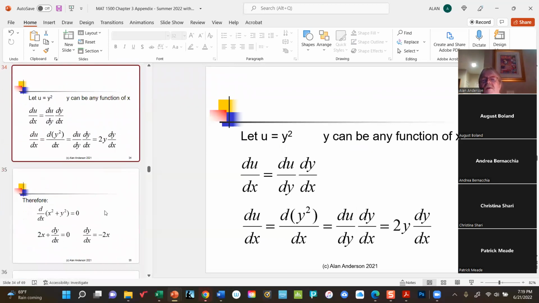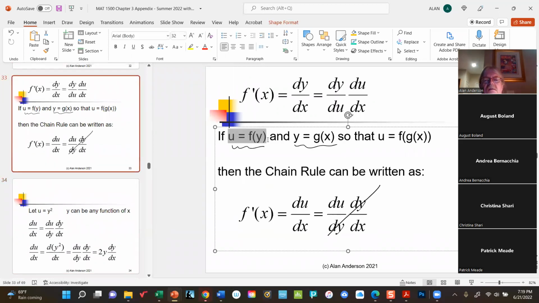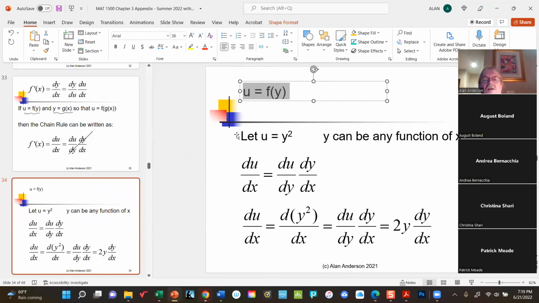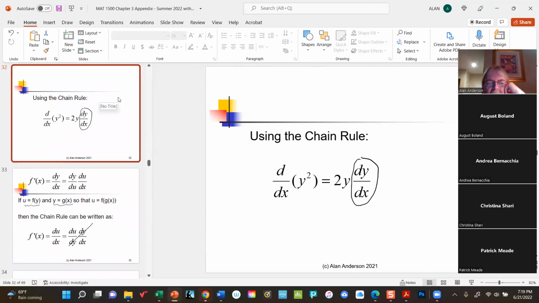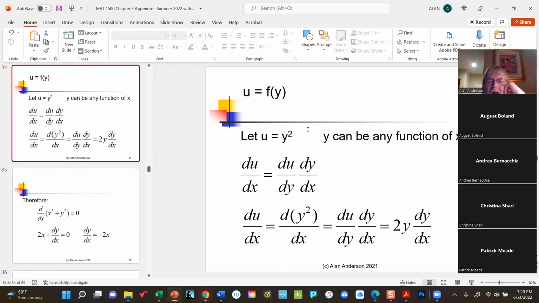Okay, here we go. So we'll start by defining u as, remember we said here that u is a function of y. So let us define it as y squared. Now of course, remember, we're trying to figure out the derivative of y squared. So let's let u be y squared. Now, we don't have to specify here. y in principle can be any function of x. So applying this technique,